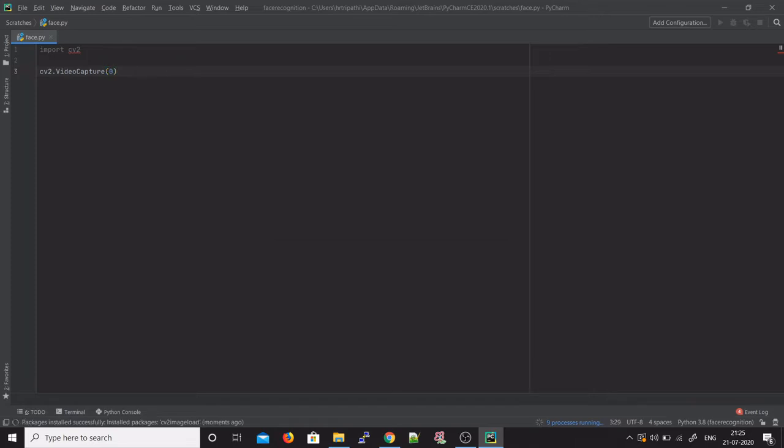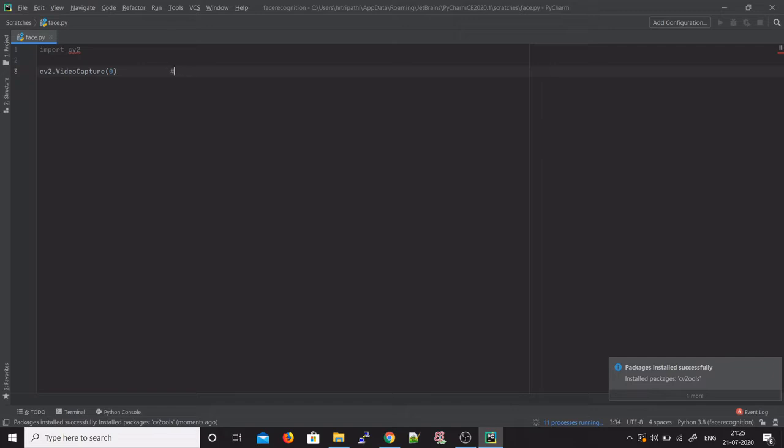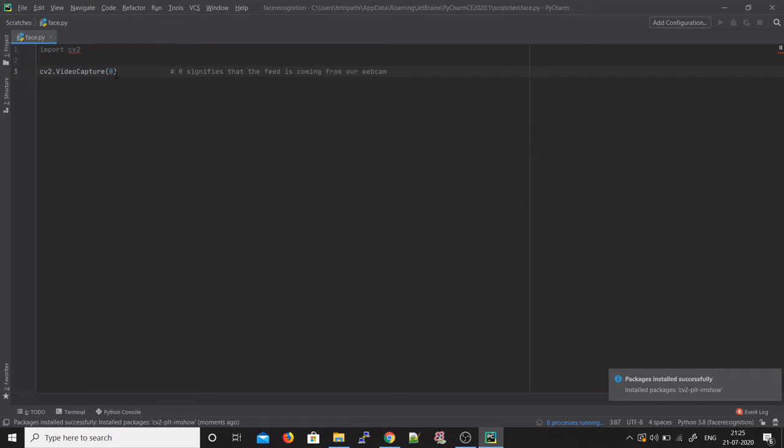What this 0 does is signify that the feed is coming from our webcam. If you have any other sources of video feed, such as a camera or camcorder, there are different numbers for that.